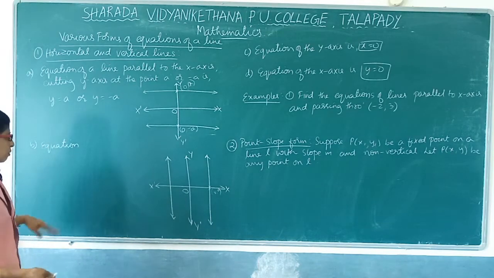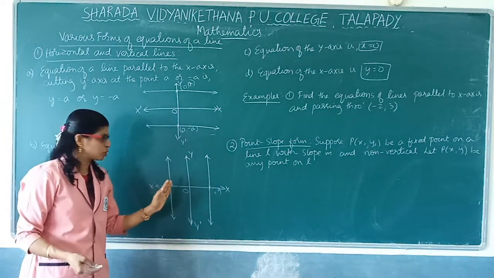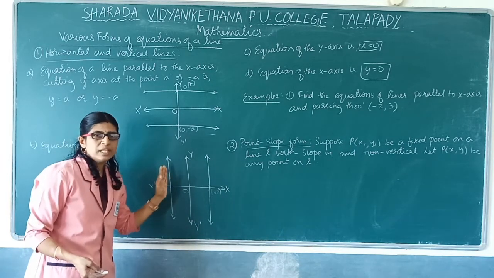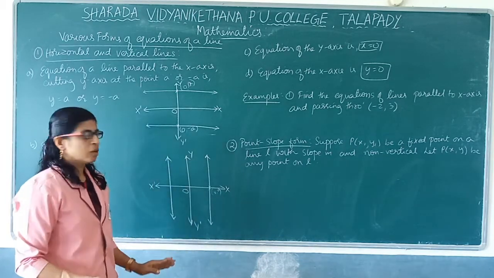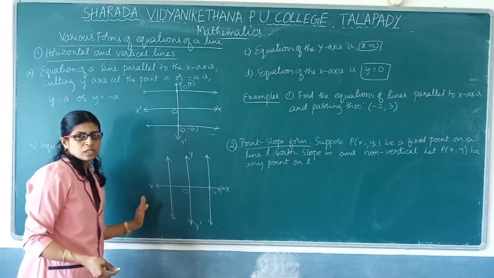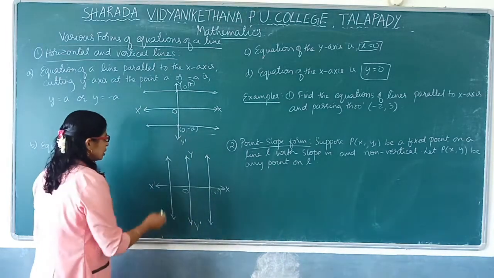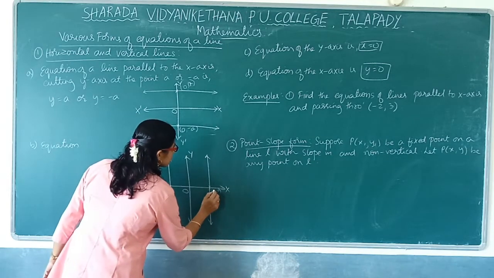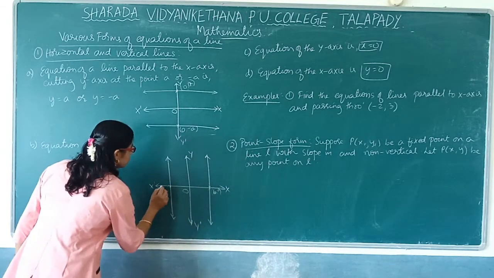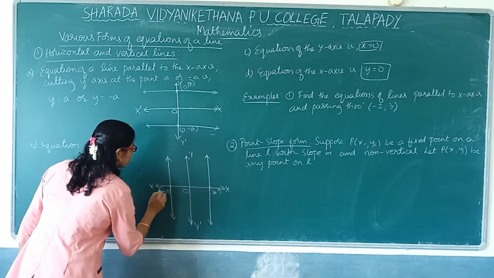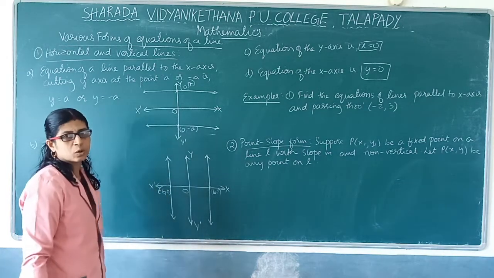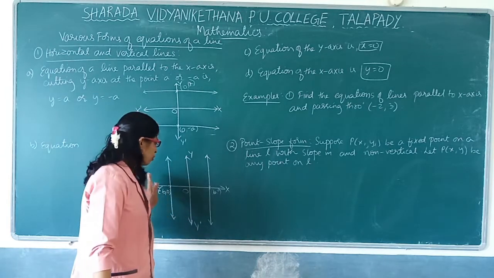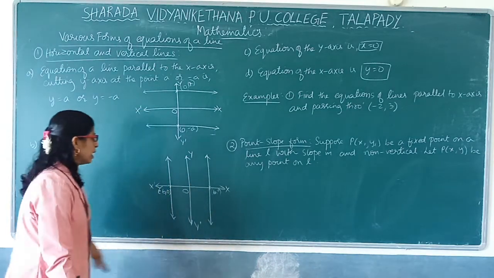Next, we will consider the similar case in terms of the x-axis. What is the equation of any line parallel to the y-axis? Either to the left of the origin or to the right of the origin, it intersects the x-axis at some point. Say I will consider this as b, 0, or on this side we will take it as minus b, 0. Just observe, the y coordinate is 0 here. Understood? So to the left of the origin the coordinates will be negative and to the right of the origin they are positive.